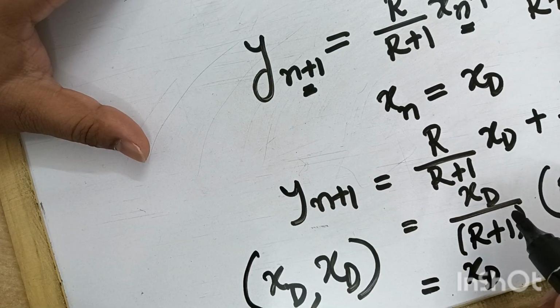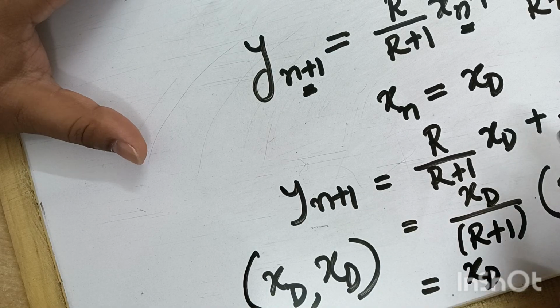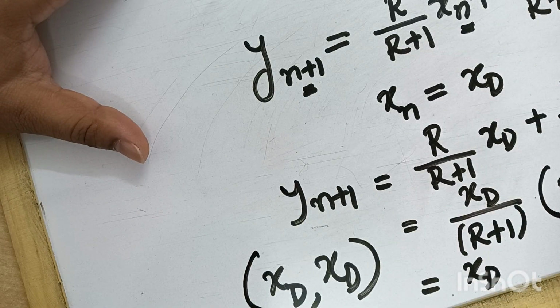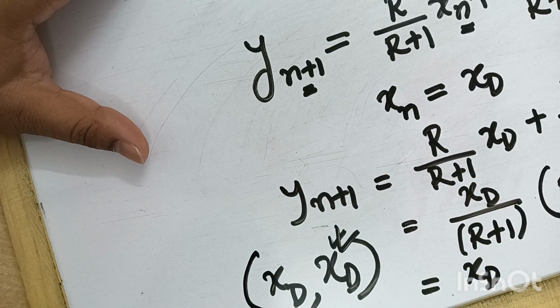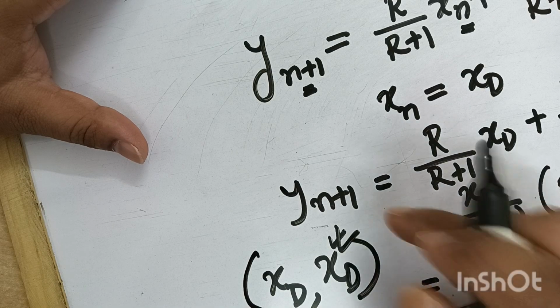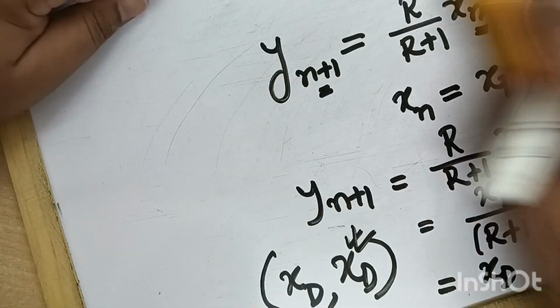And that is the reason why, corresponding to the XD point on the x-axis, the point on the y-axis, which is y(n+1), happens to be XD itself, okay? And that is the reason why the point originates on the y equal to x line. Okay. Similarly,